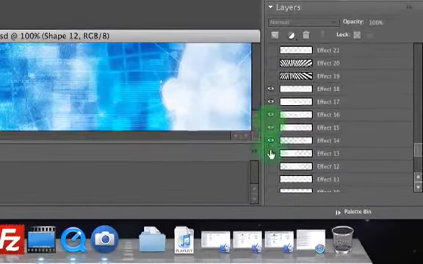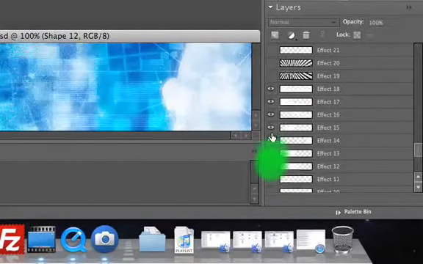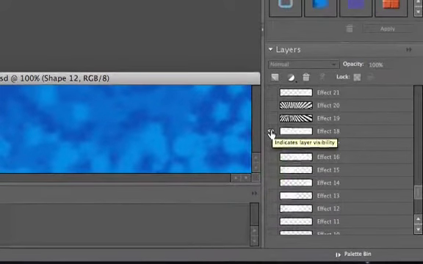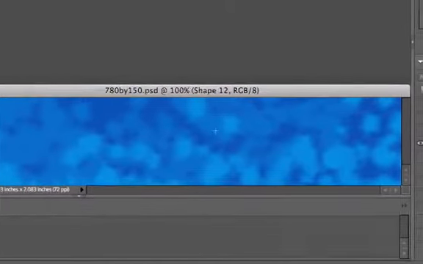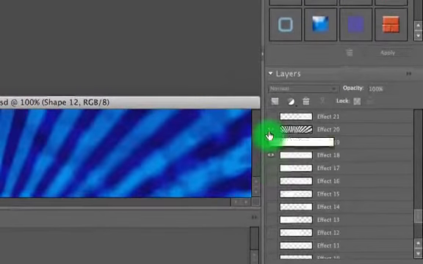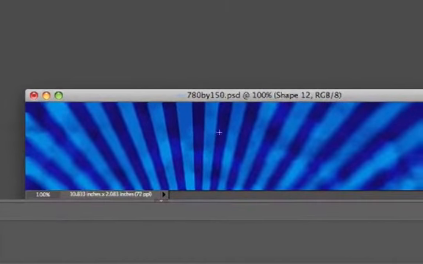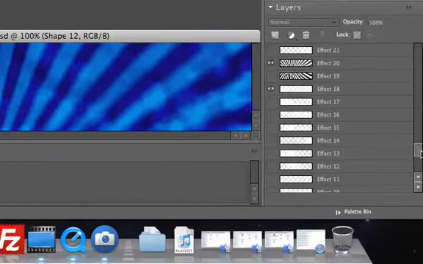So you can combine them into all kinds of crazy looking effects, or you can just simply choose one of them, and that's good enough to make a professional looking header. Okay, so let's just use this as an example. That's a pretty cool looking effect. Okay, so once you've chosen your effect, the next step